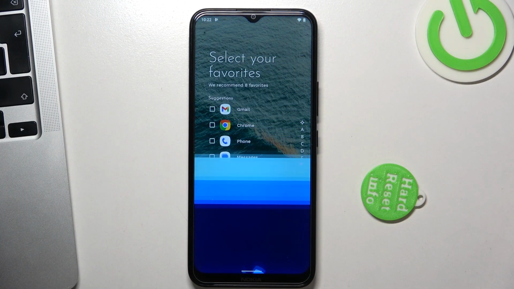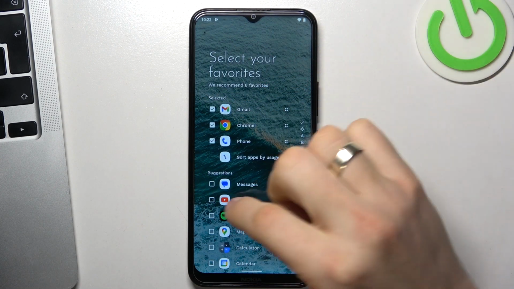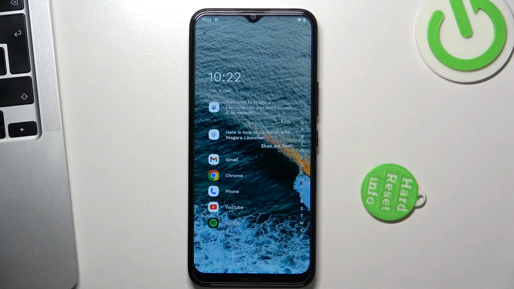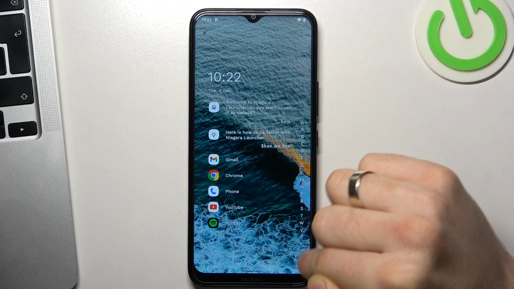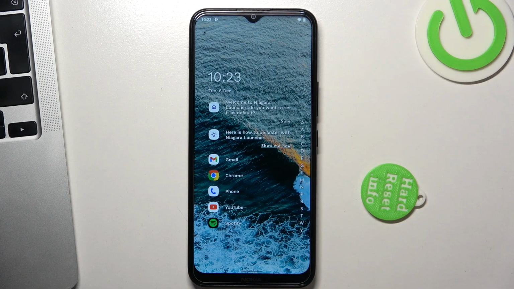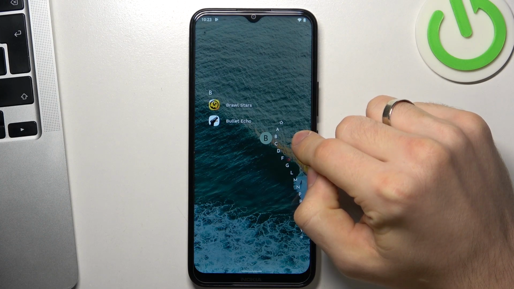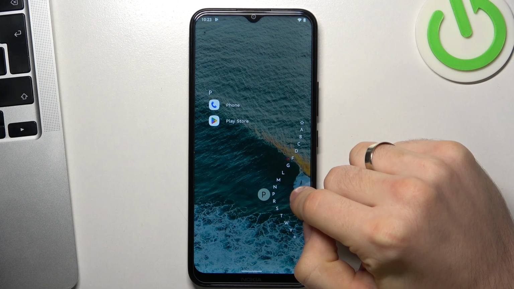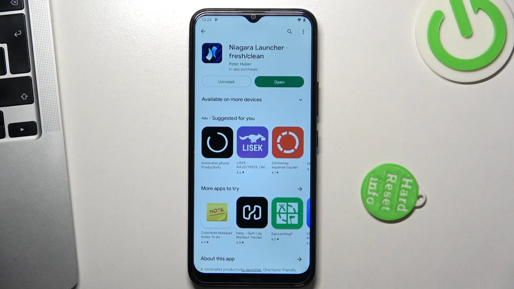Agree and continue. Great. Here you need to choose your favorite apps you are using for every day. Click OK and great. As you can see, there is a launcher with very minimalistic design. Here you see your favorite applications, and here you see alphabetical line. If you want to find any app, for example Play Store, just tap your finger to alphabetical line and drag it to desired letter. For example, P letter to find Play Store, and as you can see, it's very simple